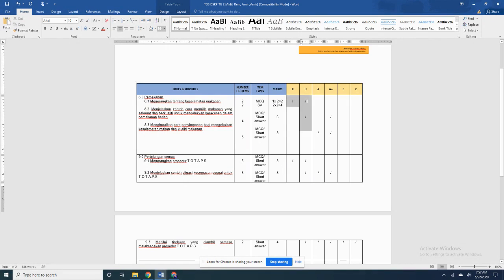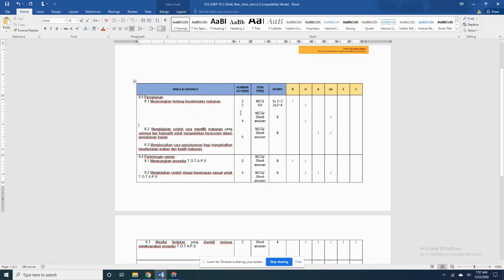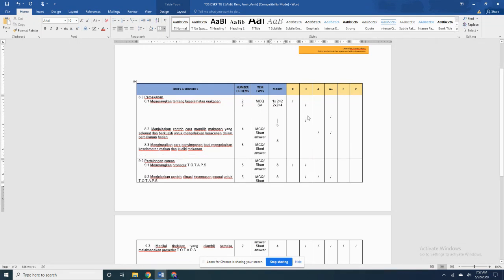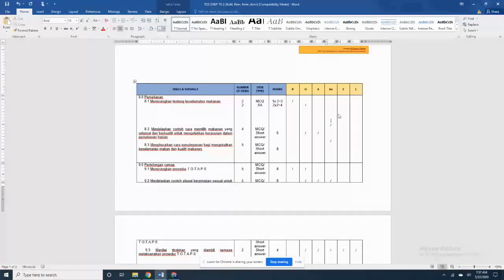And when you tick your TOS in this manner, the same level has more than one tick for different cognitive thinking process. So this is not right. Okay. So maybe it's like this. Maybe, we don't know. Only the group knows, tapi I'm not done yet. Let me just give myself more space to work on.